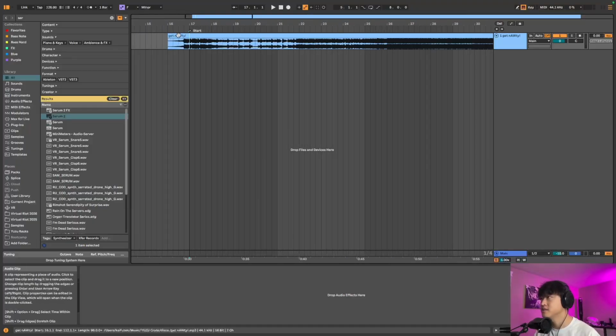Let's fix this up. So let's figure out where the downbeat is. I do want the start to be the first downbeat of the track. And so what I'm going to do is look for where the downbeat is. It looks like it's about here. If I drag this over another bar, is the